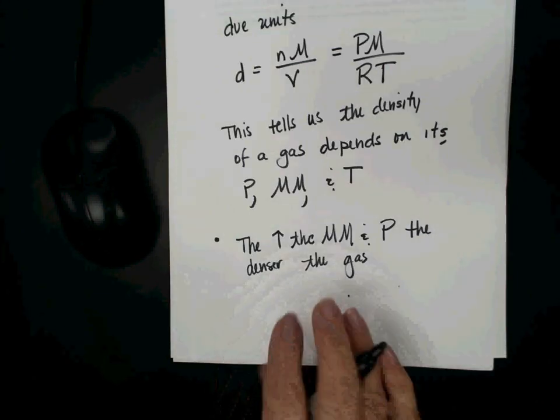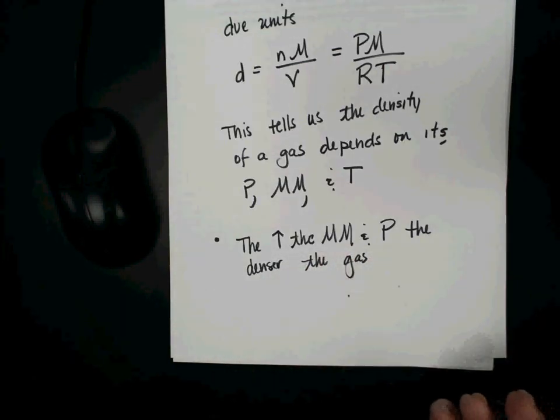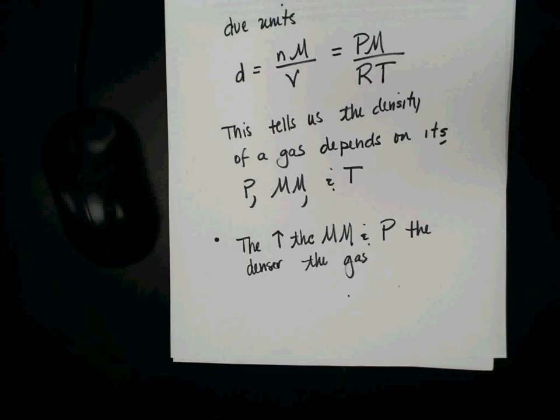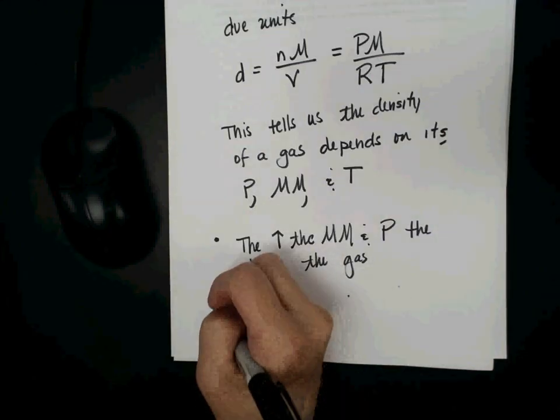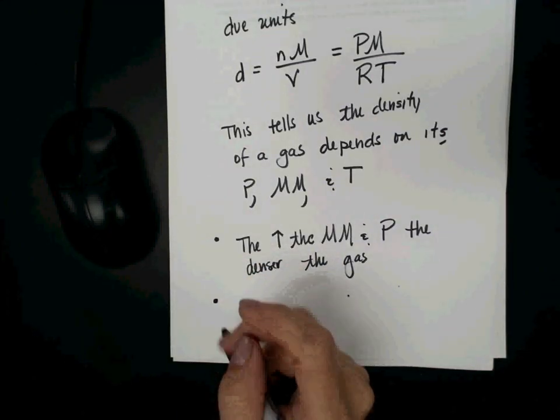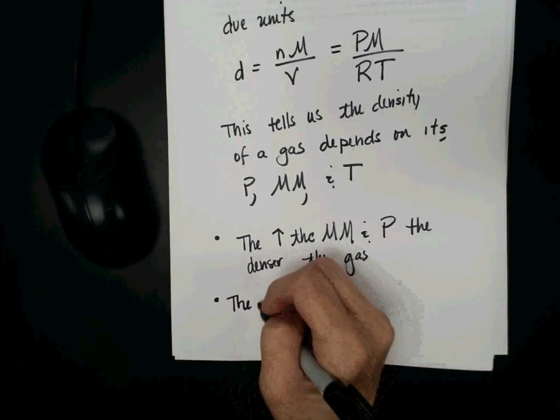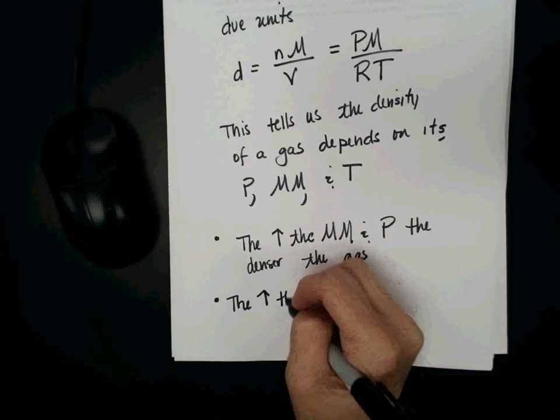I could simply just say the higher the molar mass, the denser the gas, because remember, if we're isolating that molar mass, then if I was talking about 4 different gases, my volume would be the same for all of them. So we're isolating one thing to think about, really. I could also say the higher the temperature,